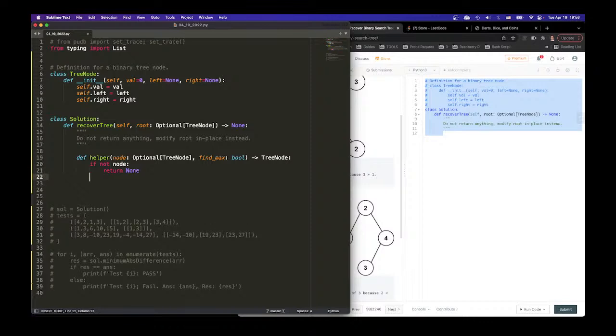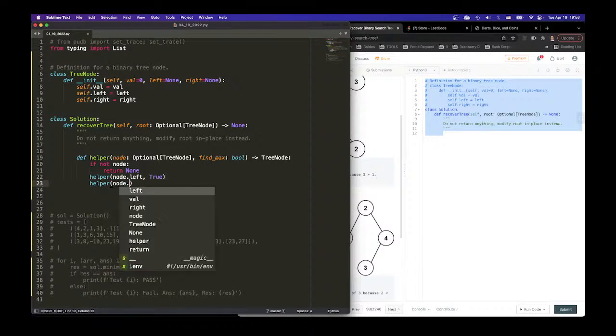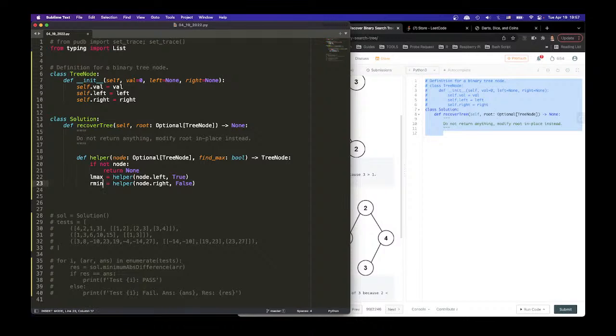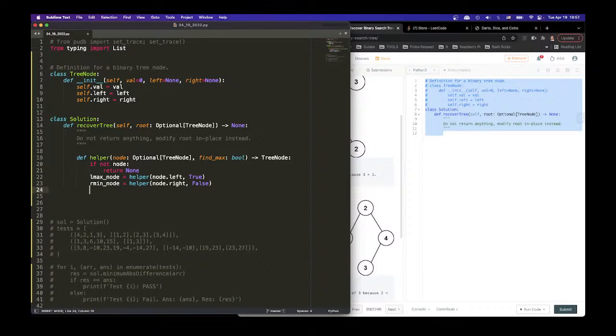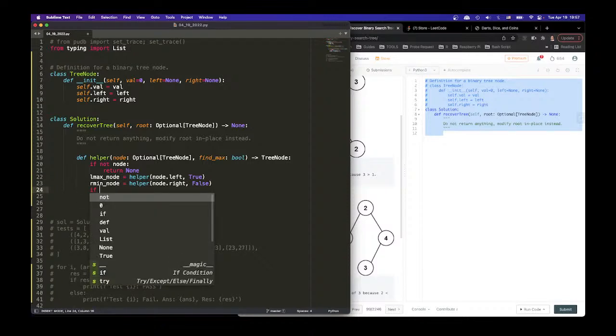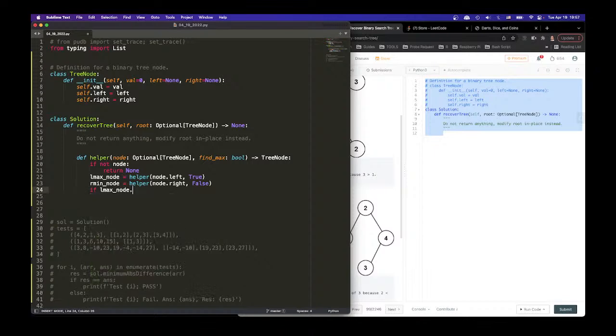Okay, so for me, I'm going to go helper node dot left, and then find max on the left is true, and then helper node dot right, that should be false. That will find the min. So when I say L max, and the right min, right? Right L max node, right min node. These are all nodes. And then once we find the node, then we say if L max node dot val